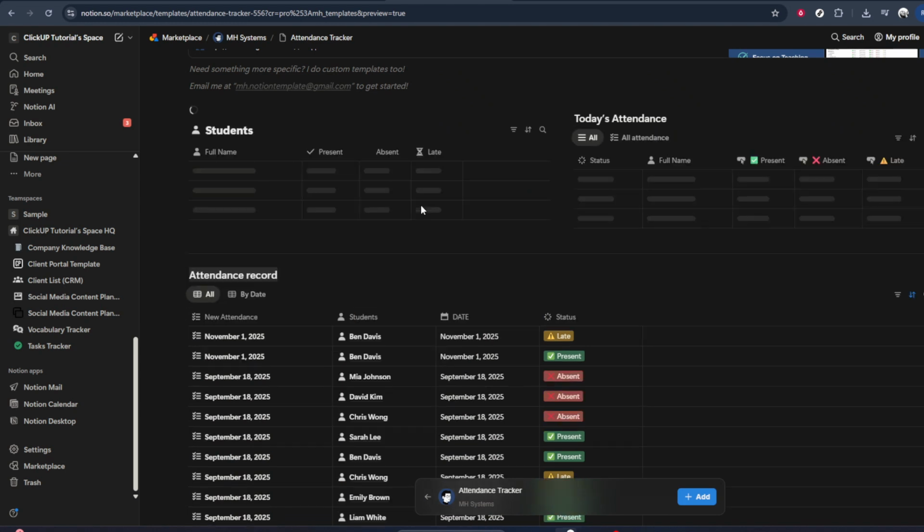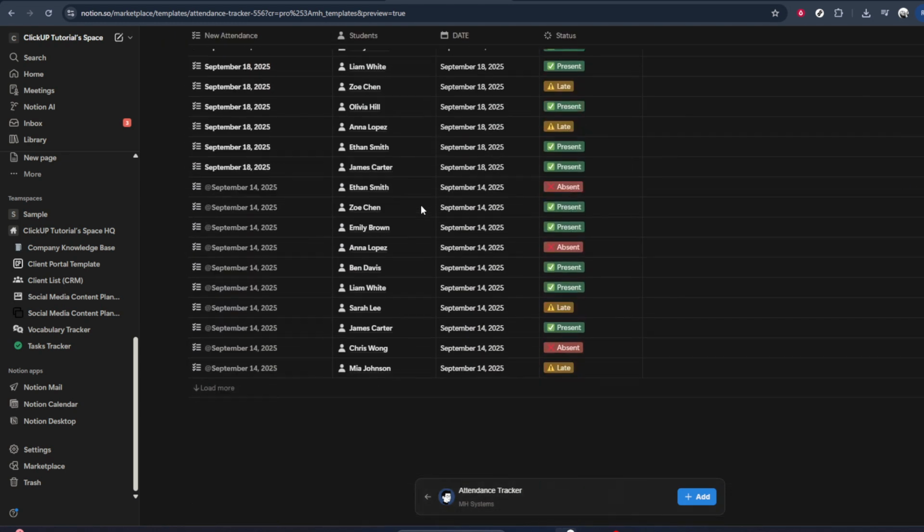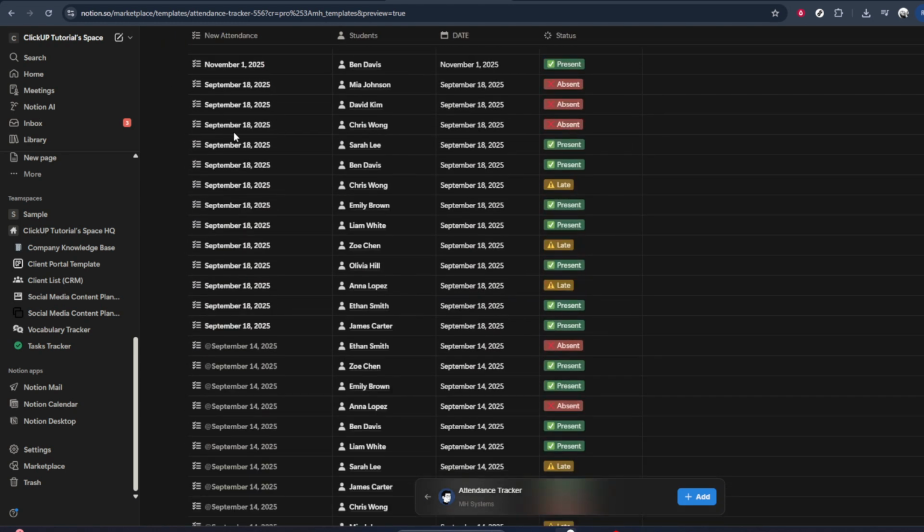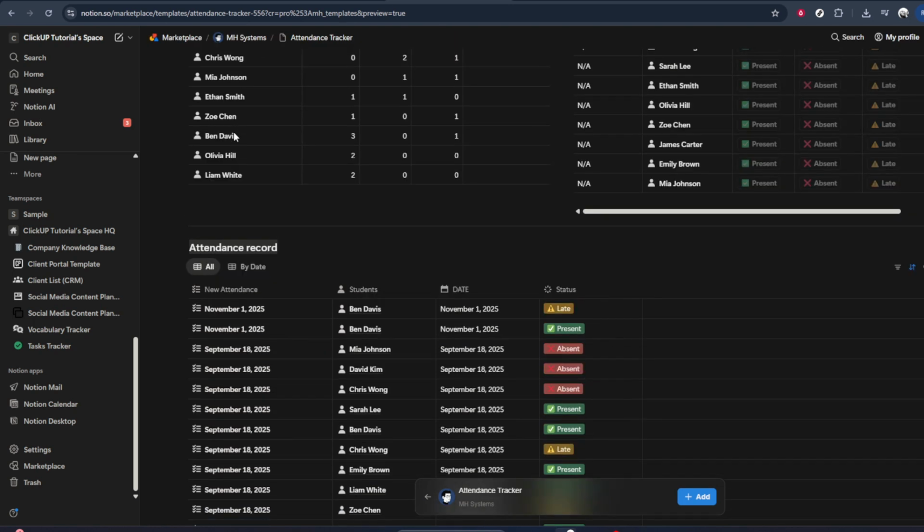It might ask you to choose which workspace or team space you want to add it to, so select the most appropriate one. After it's added, you can rename the page, customize the columns to match your needs, and start entering your students' names and attendance records. And that's it. You've successfully found and added an attendance tracker in Notion, giving you a simple